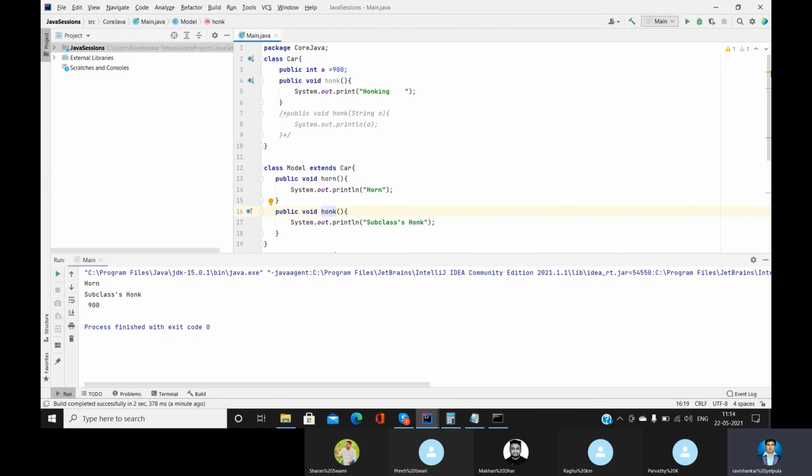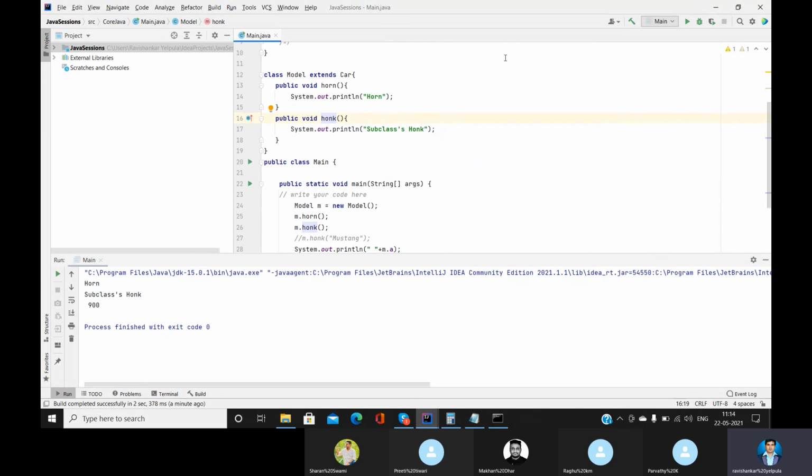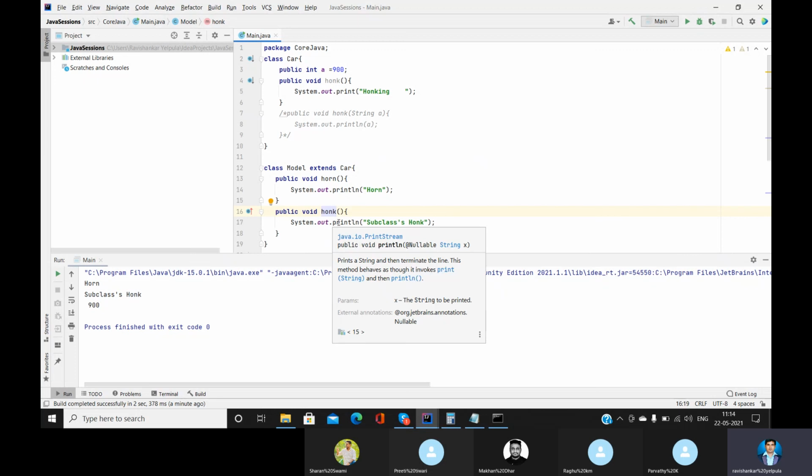So what is happening here? When we create the object for the derived class, called model, and when we call the honk method, rather than calling the honk method of the parent class, it is calling the honk method of the subclass.